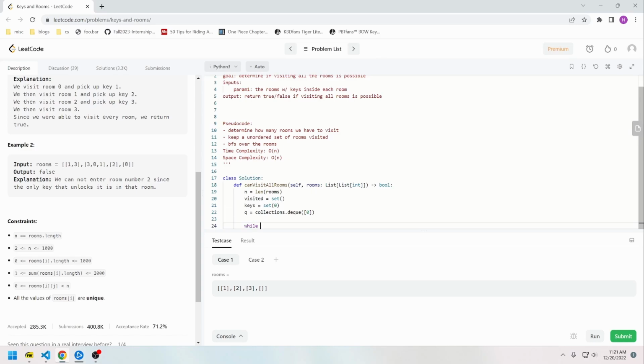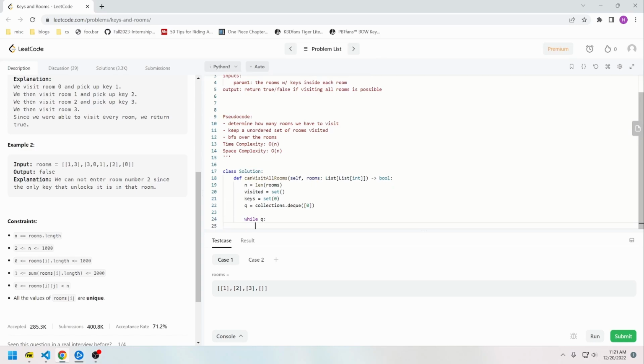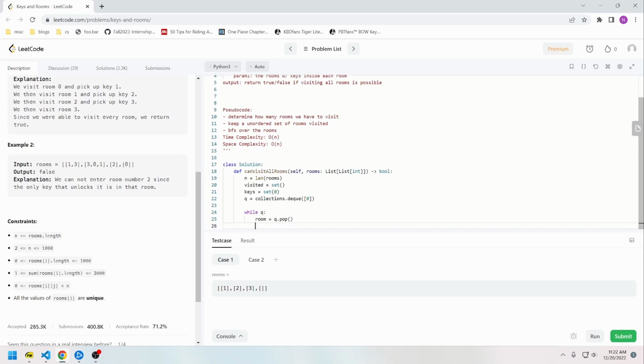So while q, our room is equal to q.popleft, so that will be our 0. So visited.add our room,